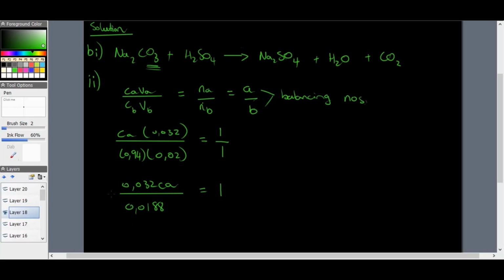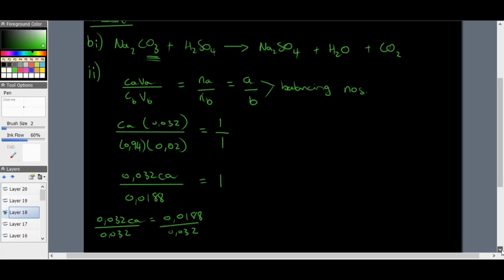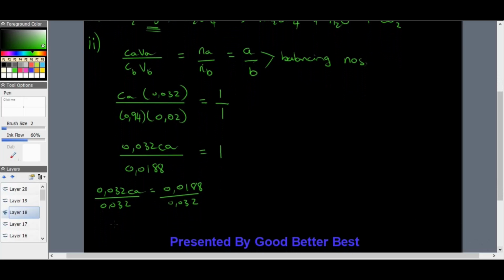Take it over to the other side by multiplying this side by 0.0188. We do the same to that side. We end up with 0.032 Ca is equal to 0.0188. Divide both sides by 0.032, and therefore,